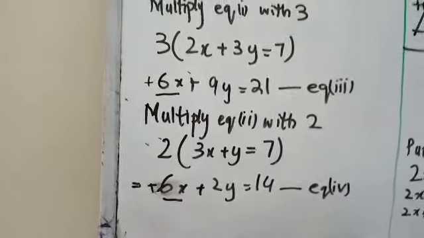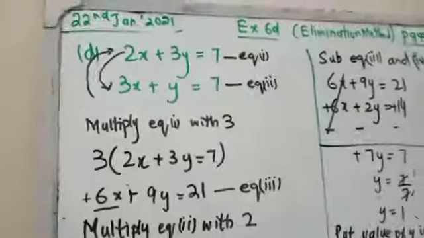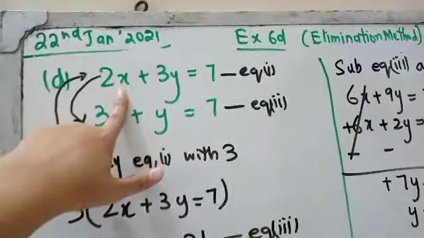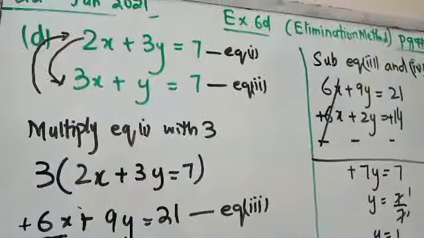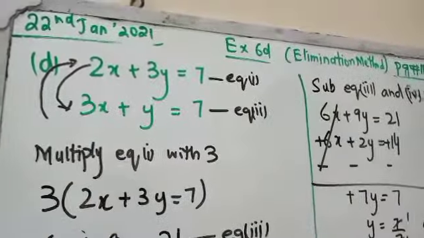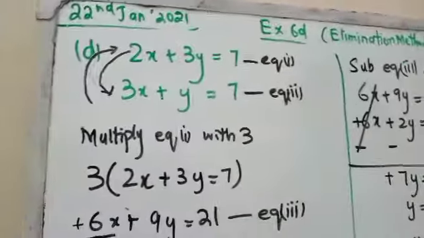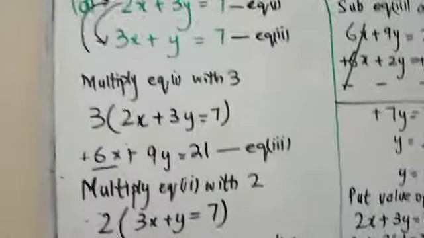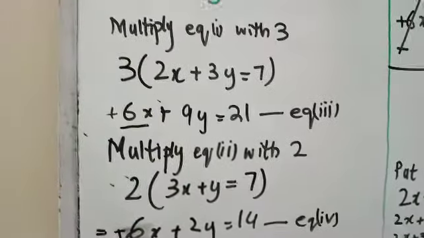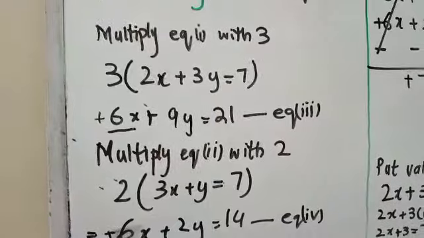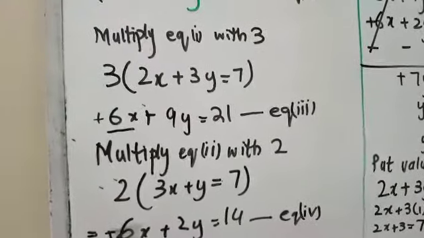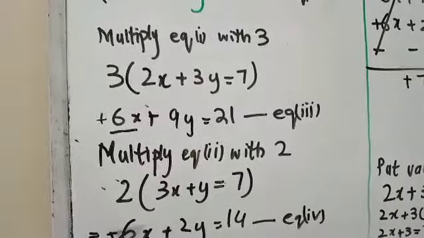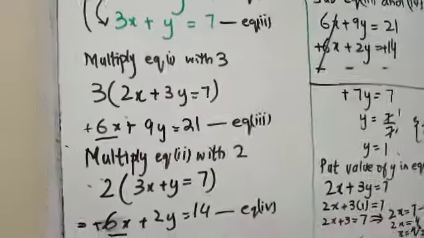Now I told you that I have a choice whether I make x similar or whether I make y similar. So I will tell you how to make y also similar, so that in exams it becomes easy for you to minimize your steps. Let's look at how I will make y similar. In your copies you can do any one method. If you like x, you do x; if you like y, you do y. You have a choice.